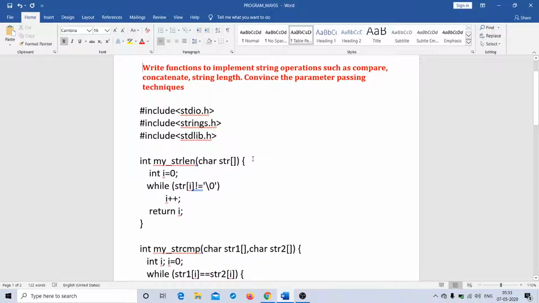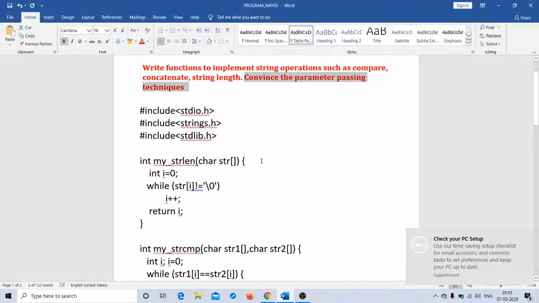Apart from that, we have also seen string concatenation, where one string is appended at the end of the another string. Now we are trying to do the same string operations, but with a small change. The change is we are going to do it using the parameter passing technique.